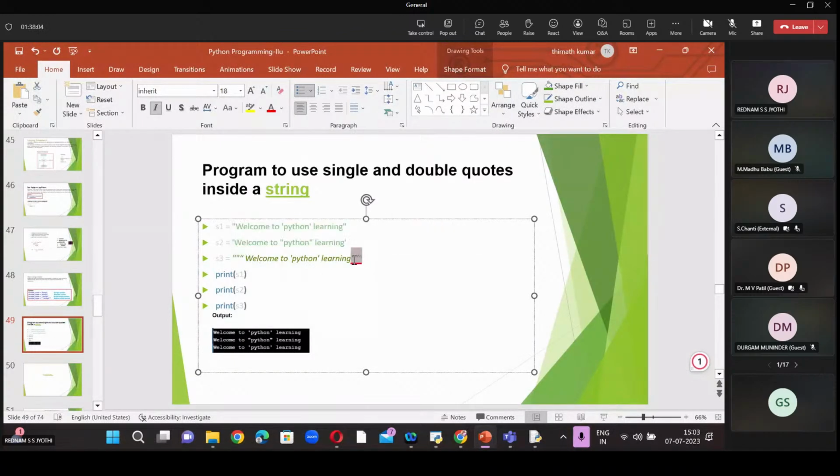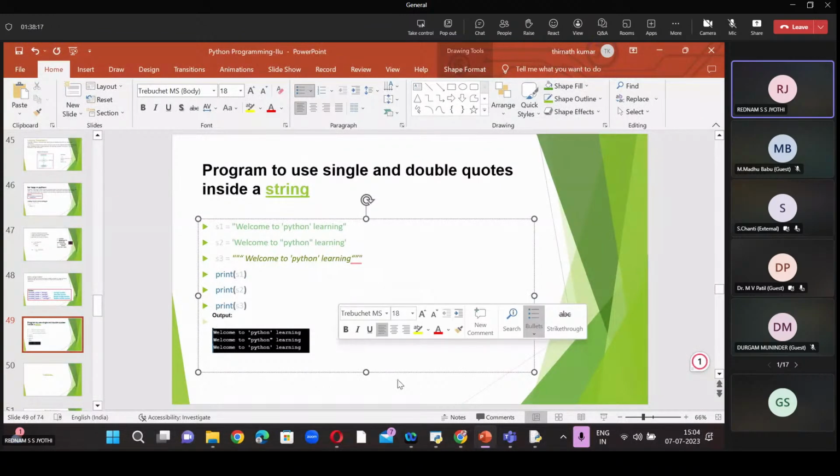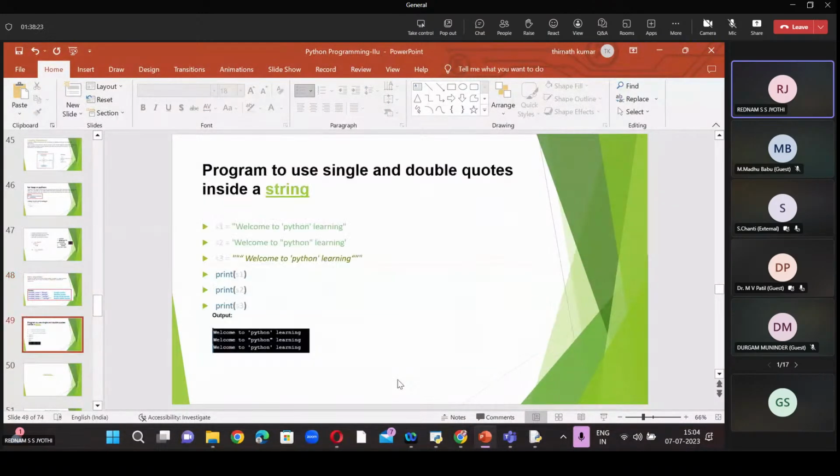In that case the output will be represented like this: print S1, welcome to Python learning, and the same for the others. So we represented it in different ways: single quotes, double quotes, triple single quotes, or triple double quotes.